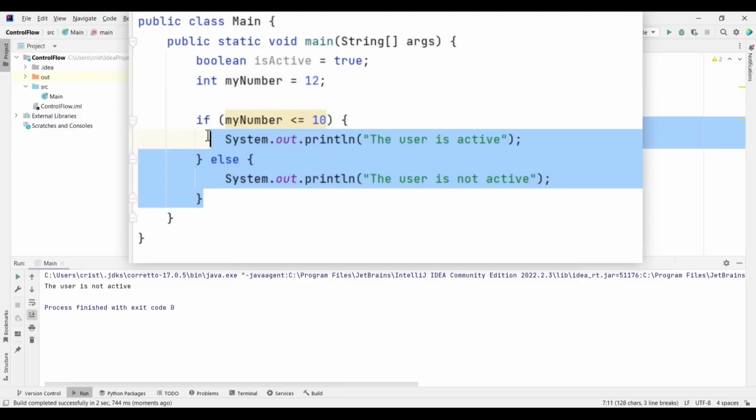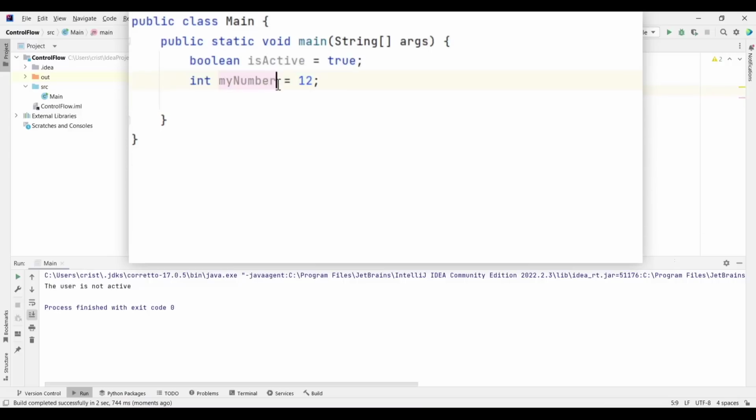Now let's delete this and let's keep our variables. The only thing, I'm gonna change the name of this variable to score. I'll type score here. I'll put equal to 100. Now we'll start with the logical AND operator, and let's say that I want to check two things. I want to check if a user is active, and I want to check also if the user has the score greater than or equal to 100. And if that is the case, so if those conditions are true, I want to have the entire expression to return true, and I will open the next level in a game, let's say.